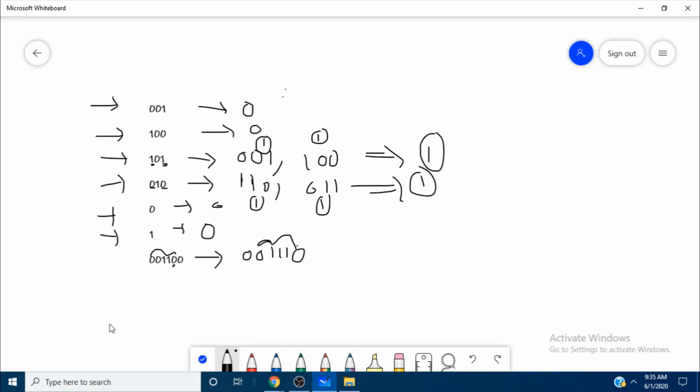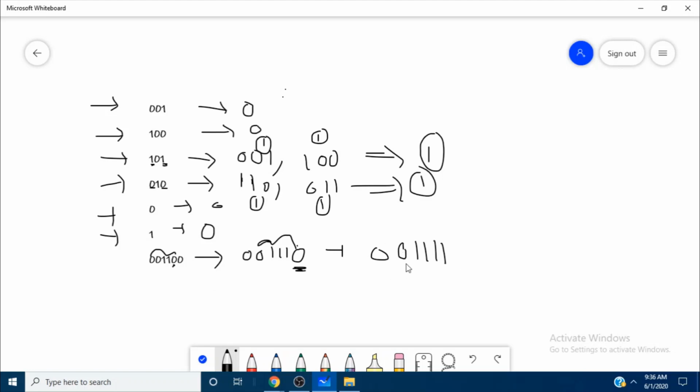So we need to convert this string to good. How can we convert? We can convert this bit to 1. Let's see, 00111. Let's check whether this string is good or not.